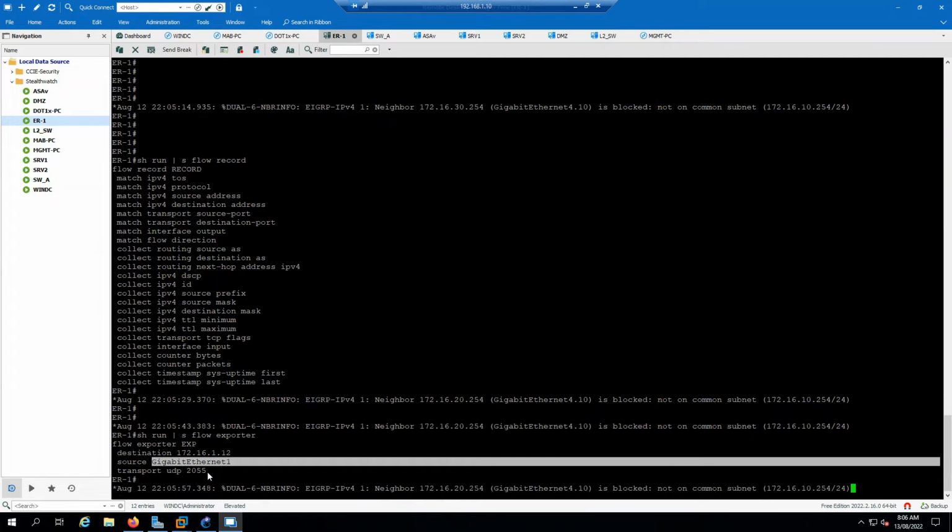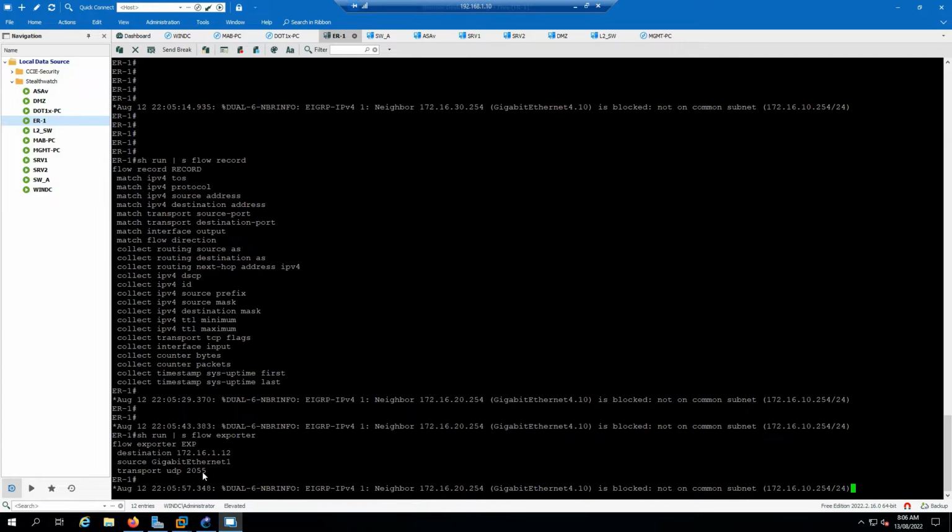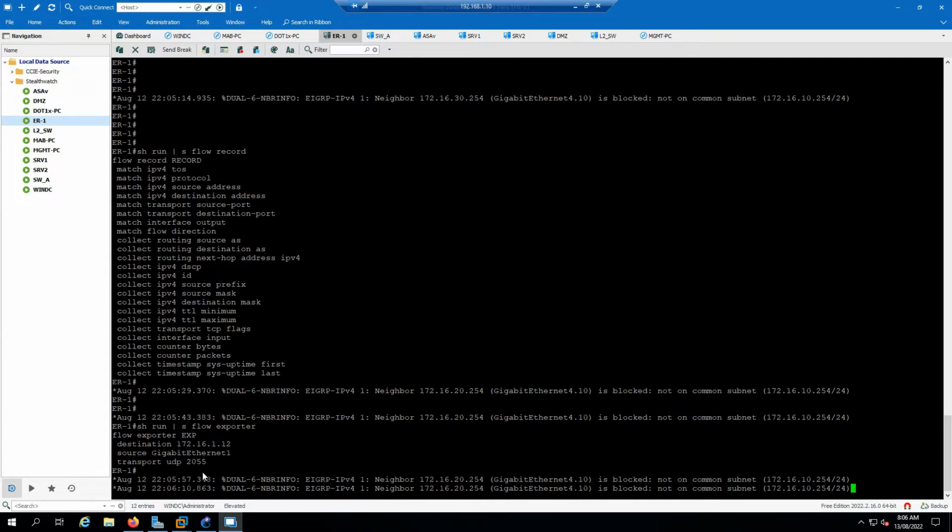it is located. So basically, I'm telling my router that if you want to reach my flow collector, you need to communicate on interface GigabitEthernet 1 on port number 2055, because that's the port number which my NetFlow collector will be accepting that